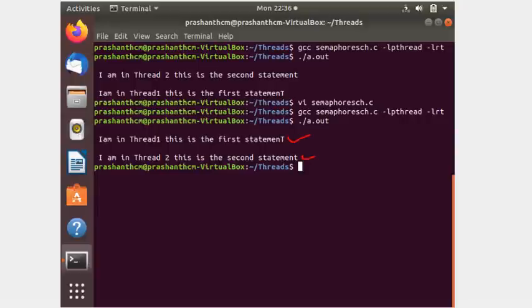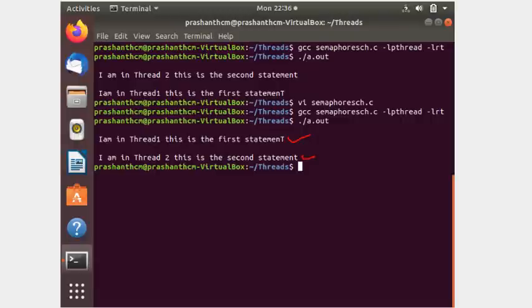So this is how you can force the particular sequence of execution of statements with the help of semaphores. So I've demonstrated two things here. One is using the semaphore for ensuring the mutual exclusion. That is, only one thread goes into the critical section at any given point of time. That means multiple threads are not allowed to get into the critical section. That is mutual exclusion. I've shown how to achieve that with the help of the semaphore, and I have also